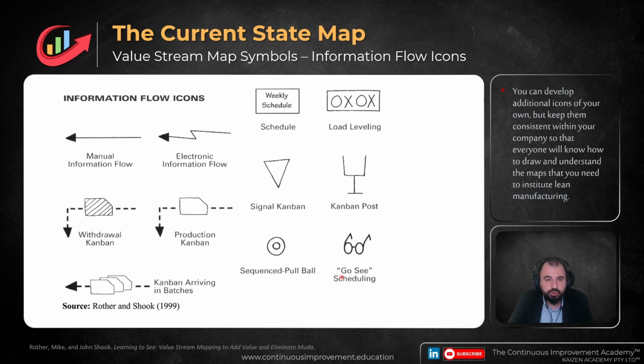And also you usually use these kinds of symbols to represent the information flow. For example, the manual information flow will be like this. Electronic information flow, automated flow, will be like this. And also some other symbols that you can use. The details of these symbols and how and when to use them are beyond the scope of